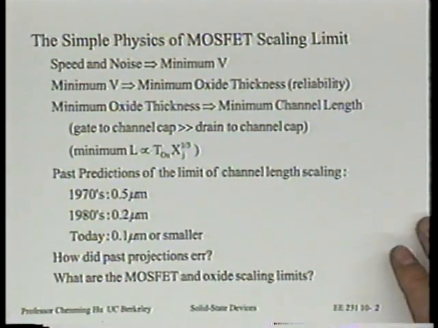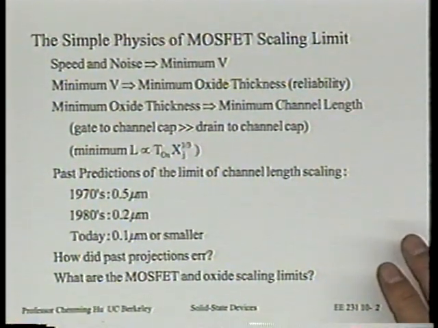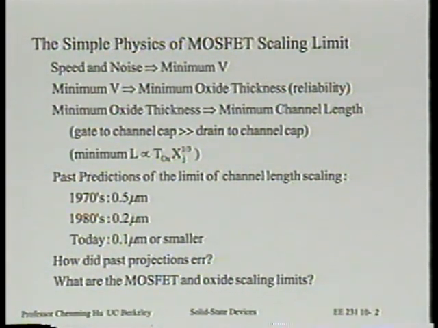So let's push this idea of the importance of oxide thickness, as an important thing to reduce in order to support the reduction of channel lengths, a little bit. There are two ways to emphasize that. One way is to say there's this concept called vertical scaling. That is, if we want to scale the lateral dimension of a transistor, namely channel length, we also have to scale the vertical thicknesses. Oxide thickness is one, junction depth is another. Another way to emphasize this is to look at this